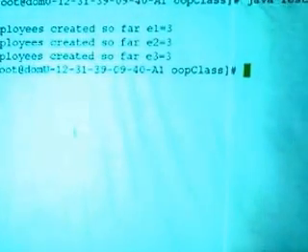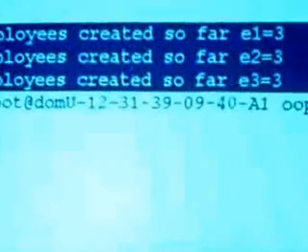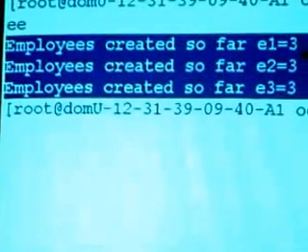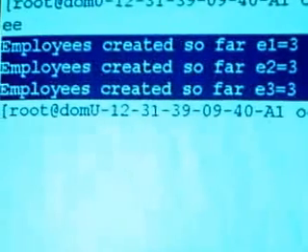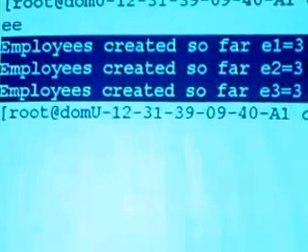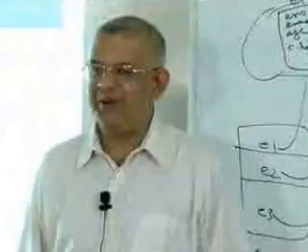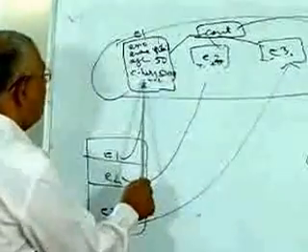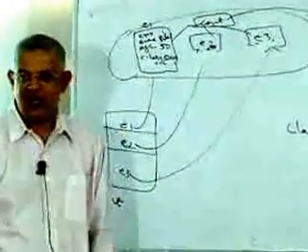Okay, as expected, the answer is coming 333 because we are printing it after the creation of 3 objects. So we are getting each time the answer as 333 because all of these 3 prints are after the creation of the 3 objects. Earlier, if you remember, we were getting this all as 111 because each individual count was getting incremented. Now the shared count variable is getting incremented. So that is the beauty of static variables. Now count is no longer the property of an instance, it is a property of a class. It's called a class level variable.